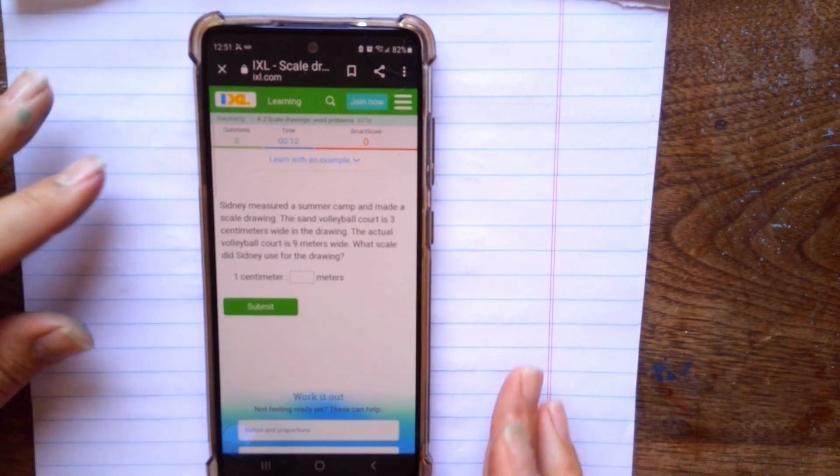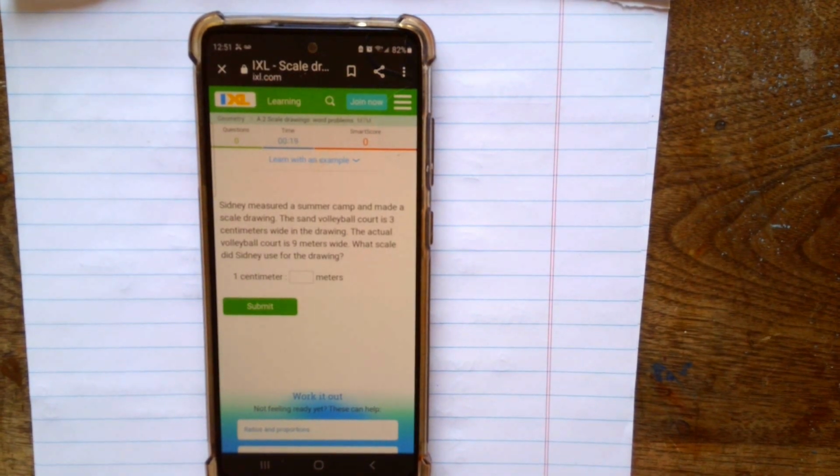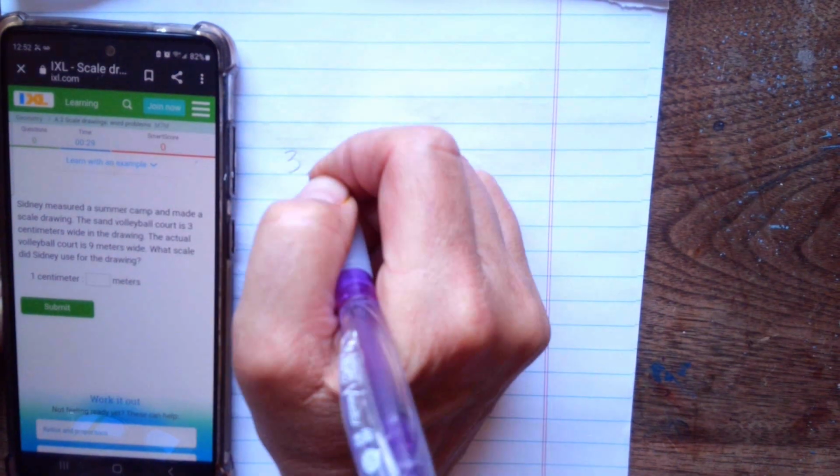Camp and made a scale drawing. The sand volleyball court is 3 centimeters wide in the drawing. The actual volleyball court is 9 meters wide. What scale did she use? So we're going to find out. She used 3 centimeters and it was 9 meters